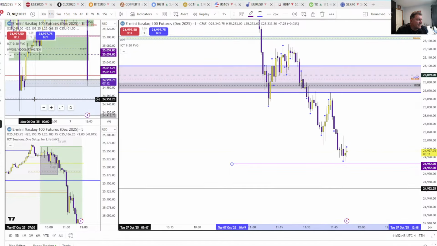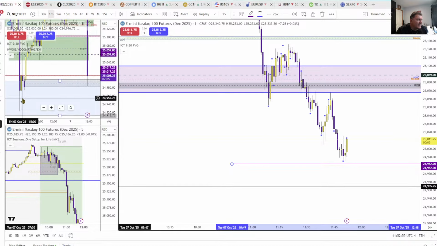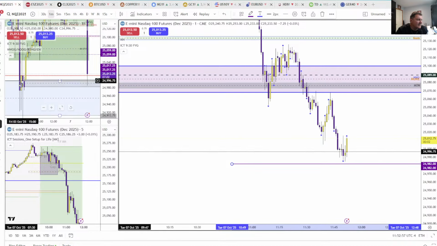Consequent encroachment of the wick of the daily, or the consequent encroachment of the lowest down close wick there. Yeah, that'll put you right in the daily